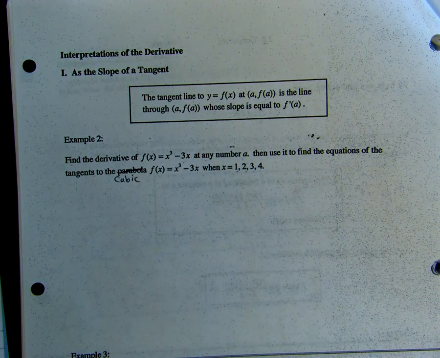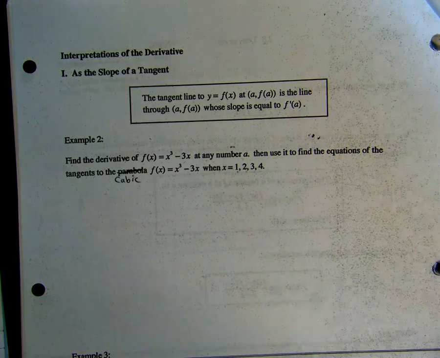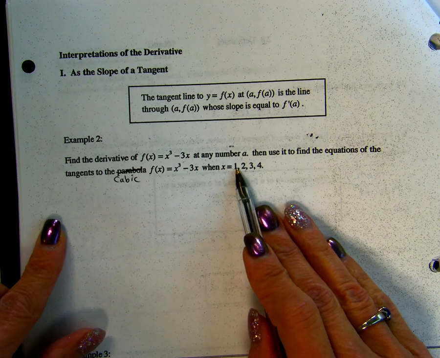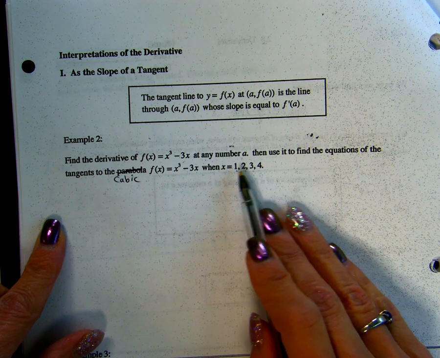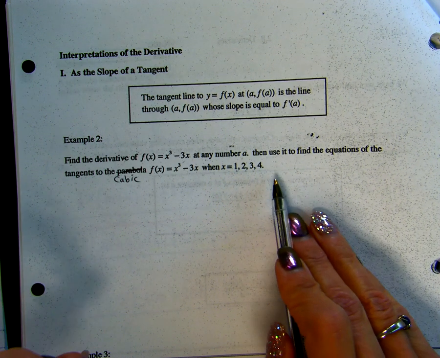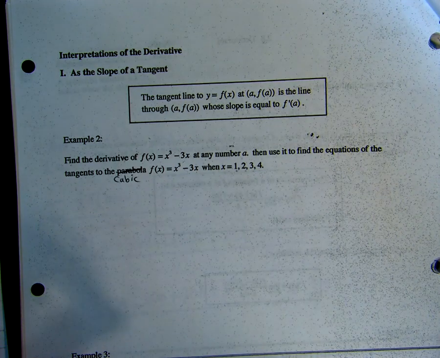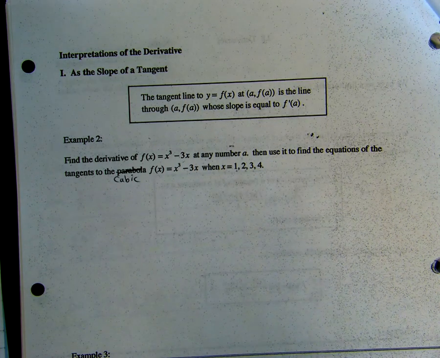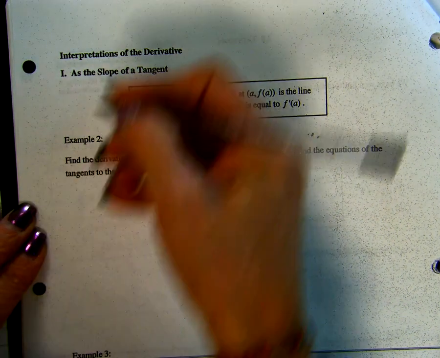Okay, that's a lot of work. So instead of finding the limit as x approaches 1, or f prime at 1, f prime at 2, f prime at 3, f prime at 4, we're going to find f prime at a, and then substitute in those numbers after. Okay, so what we're looking for then is to find f prime at a,